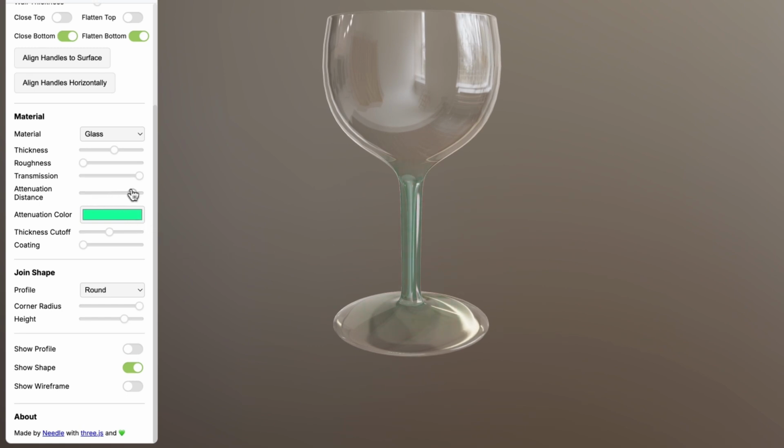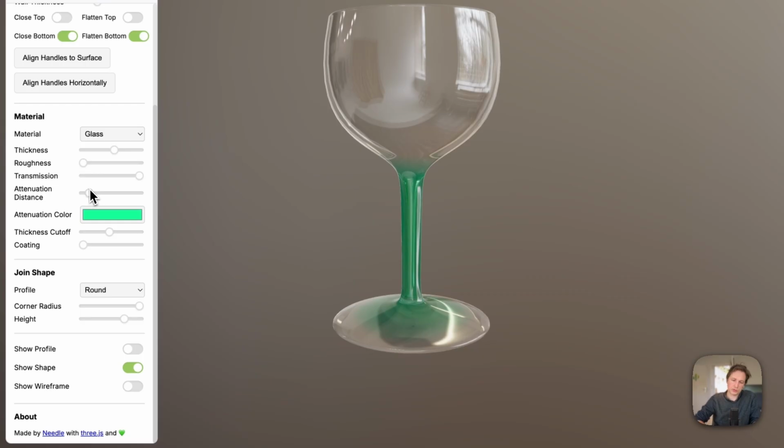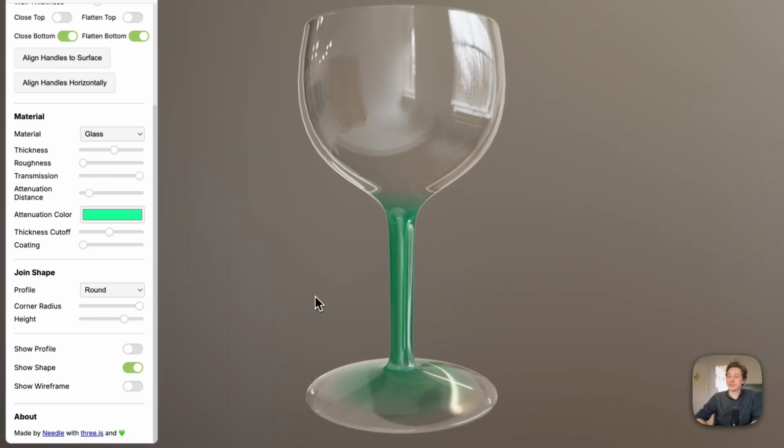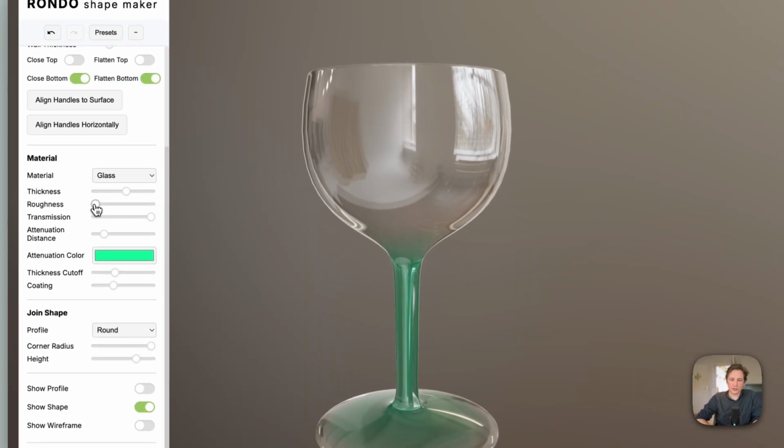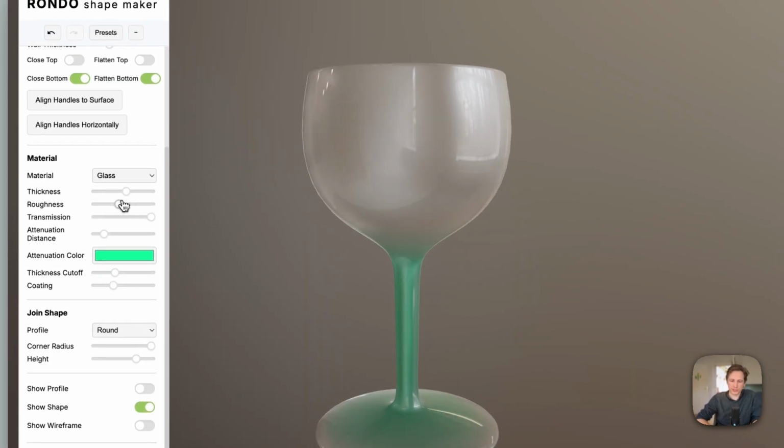We can also adjust the attenuation distance, which means how far has light to travel through the glass before it gets tinted. And you can change this for artistic effect here. So how strongly do you want this glass to be affected? And we can also adjust the roughness of the glass material itself. So we can make it like milky